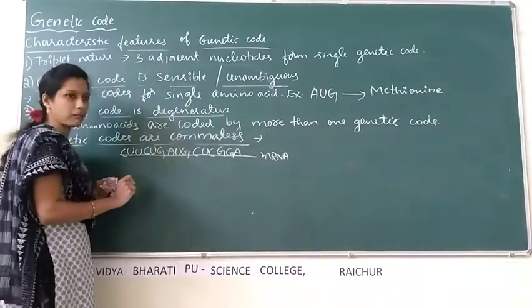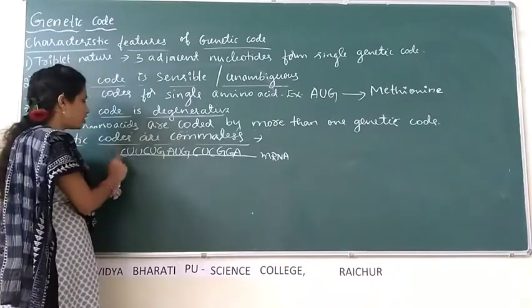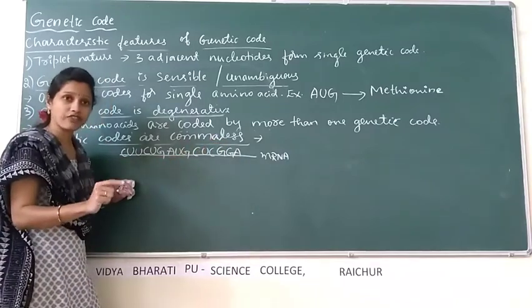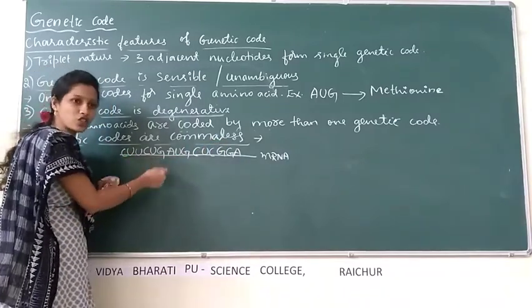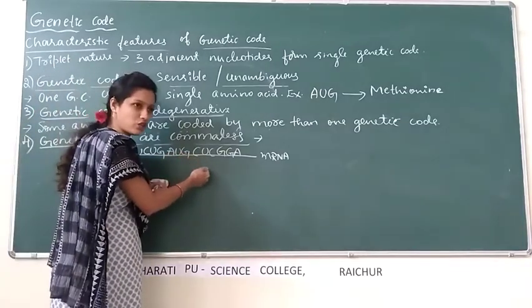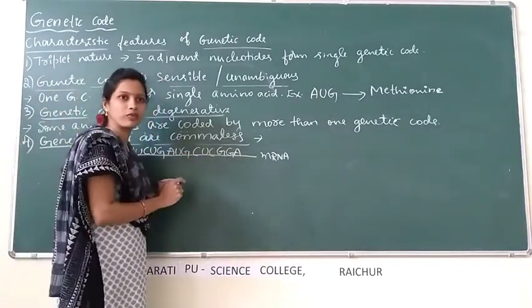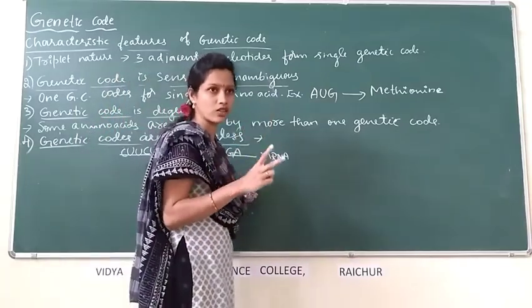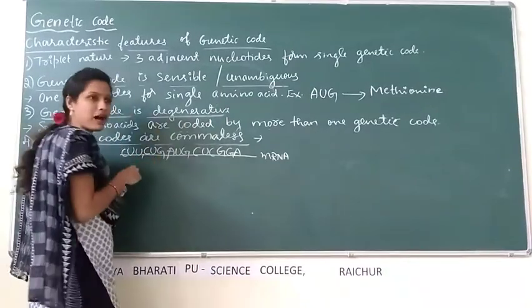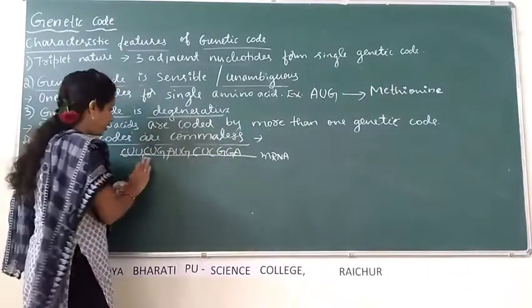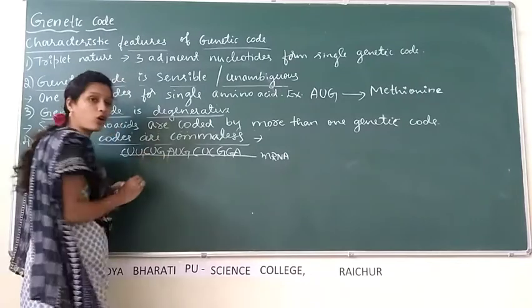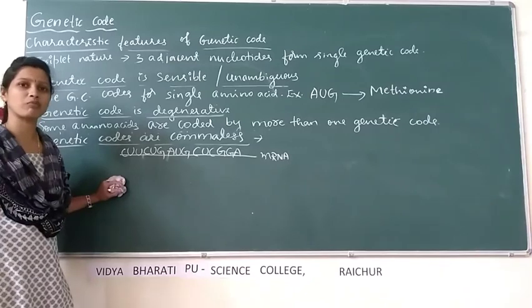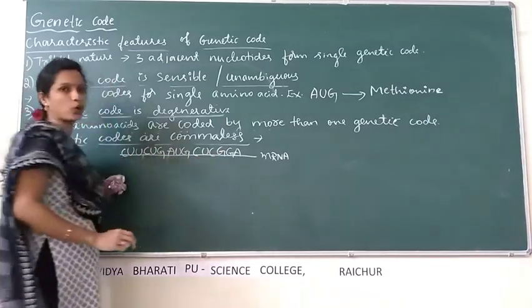Like for example, while reading this, we have to read CUA, CUG, AUG, CUC, GGA, instead of reading CUA, comma, CUG, comma, CUC, comma, AUG, comma, GGA, full stop. There is no punctuation mark between 2 codons. So one should not put comma marks or full stop here. It should be read in contiguous fashion or continuously. There are no punctuation marks between 2 genetic codes.